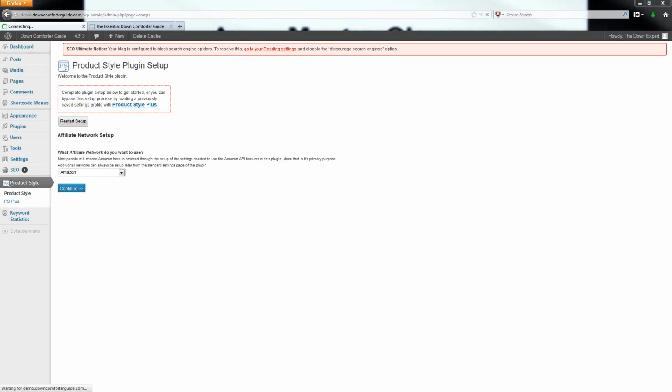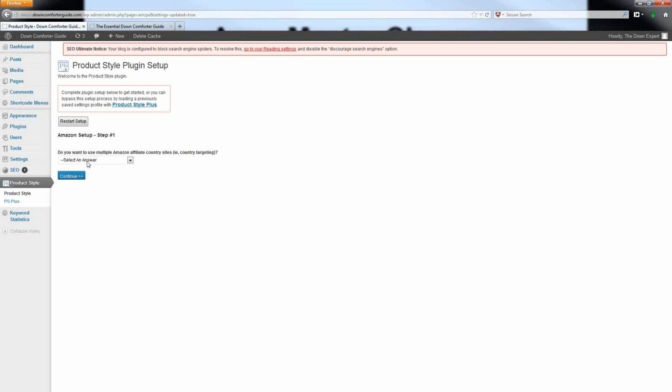So once we have selected Amazon and we proceed through this setup process, we have an Amazon setup that we now have to walk through, and this will get everything set up so the plugin can create Amazon advertisements for us. Now, to begin with, you simply have to tell the plugin whether you want to be using one or multiple Amazon affiliate locales. If you're just using Amazon.com, you would only select use one Amazon affiliate site for this